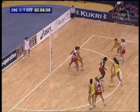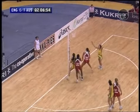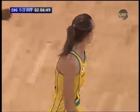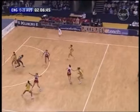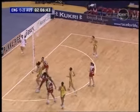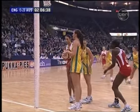Centre, penalty pass. Well, that could be an important miss from Harton, with England trailing now by 5. Could so easily have been 3, and that's the problem for England at the moment. They're always under pressure. They always need to score whenever they have the ball, and then hope that they can